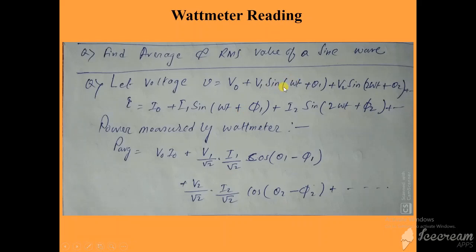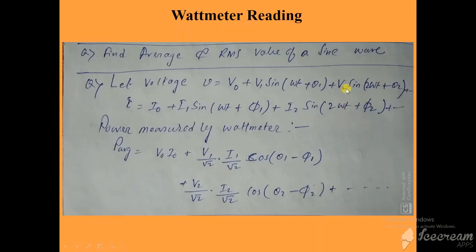So we saw that the product of this and this gave us some average value. Same thing, as we have just discussed, it will be cos of a minus b, so this theta 1 minus theta 2 will come. Now, the product of this and this: these two frequencies are different, so again the formula will be the same, cos of a minus b minus cos of a plus b, but in both the cosine terms, omega t will be there, some frequency will be there. One will be 3 omega t, the other will be omega t. So if we integrate over the time period, both will give 0, right?